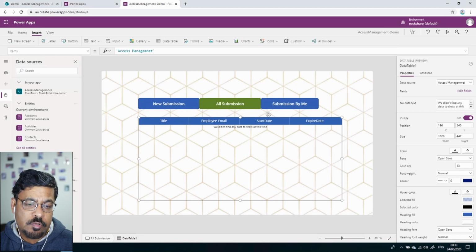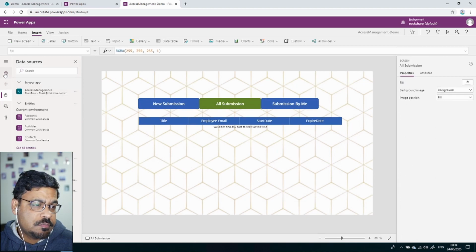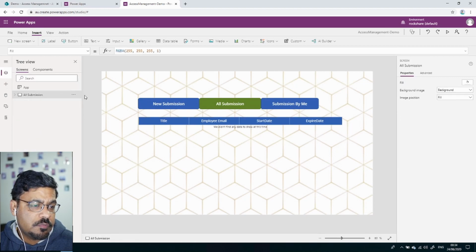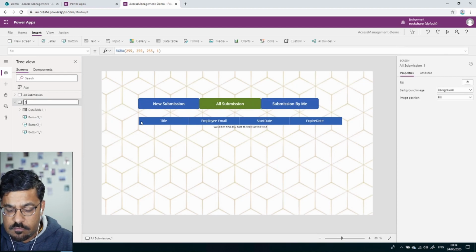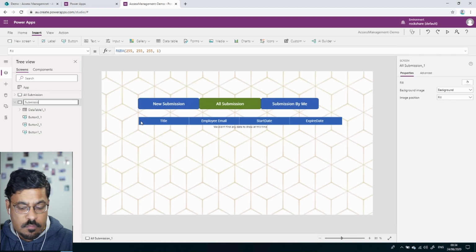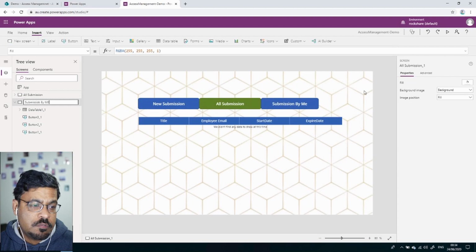Now what I need to do is the same thing on the submission by me. Let's create another screen over here. I will make this screen a duplicate and rename it. I'll say submission by me, and then the third one would be